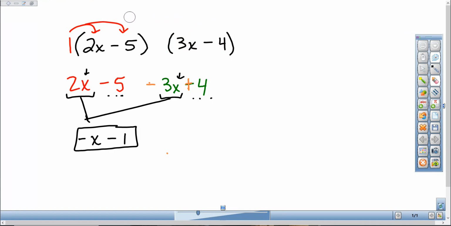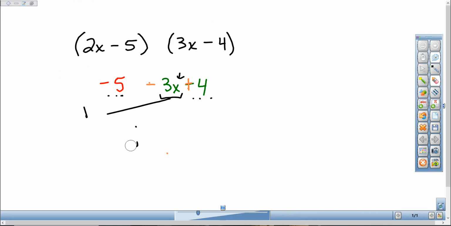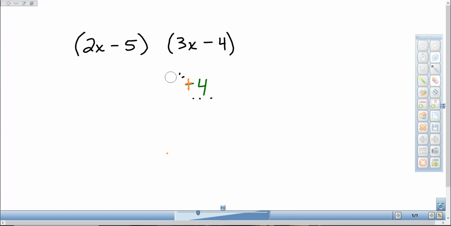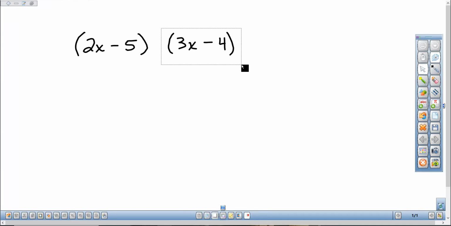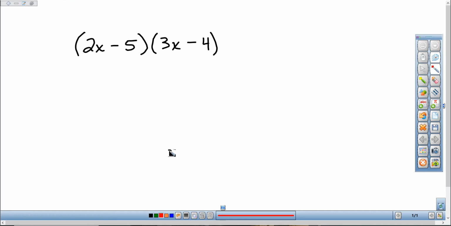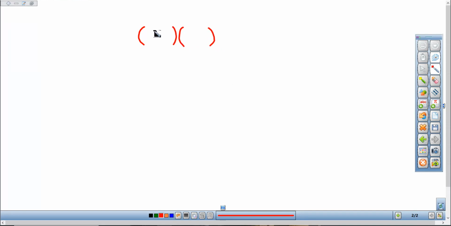But now I have a different question for you. Do we know how to do the next operation in line, which would not be adding or subtracting, but you guessed it, multiplication? So what if I took this and I pushed them closer together, and now my instructions are to do multiplication? We could put a dot in there. We don't need to, because we are well aware that when two numbers are put next to each other in parentheses, like a 4 times a 5, we can write it like this, and we understand that means to multiply,